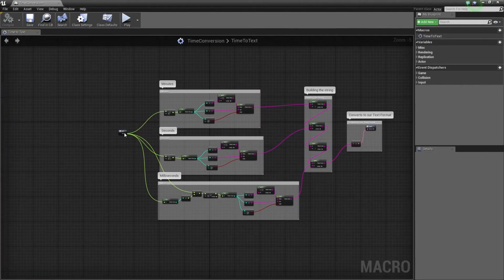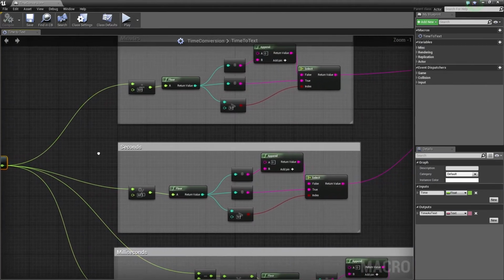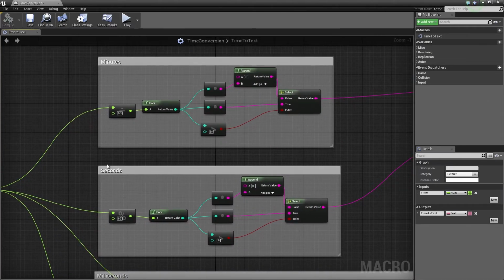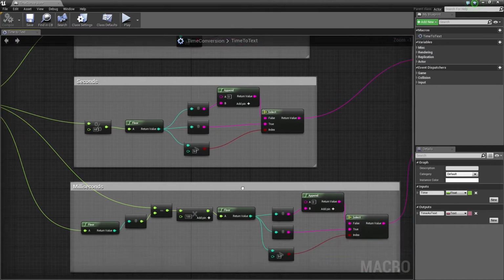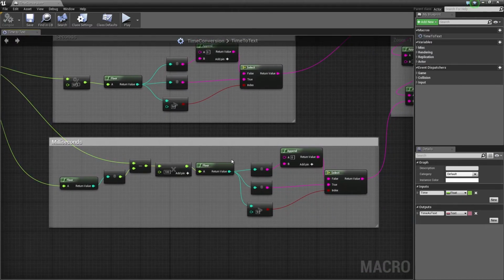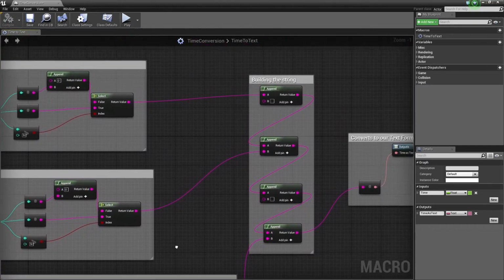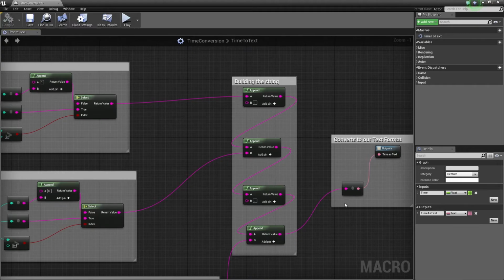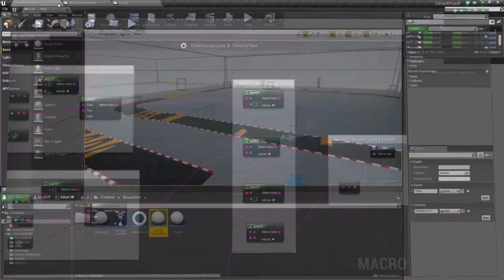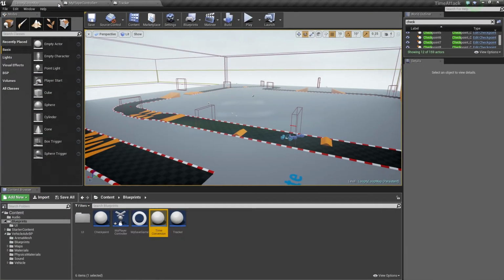So our macro is set up. There it is, again, if you need to see it. So here is the minutes. Here is the seconds. Here is the milliseconds. Once we have all of those, we're building our string here with these append nodes. We're then converting that to our text format. With all of that, if we save and close this macro, and we go back to our My Player controller,